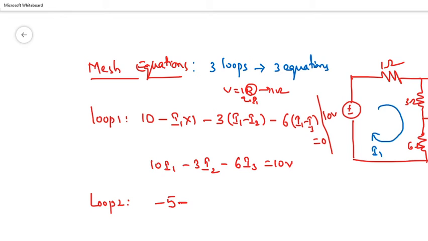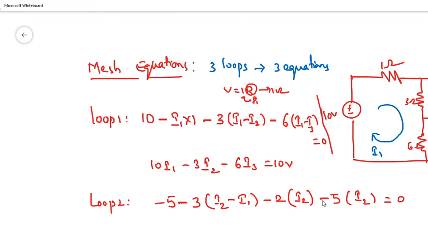So first I am going to write 3 ohms. So we are considering the loop 2. So first we need to consider current is I2. So 2 currents are passes through the 3 ohms resistor, that is I2 minus I1 minus 2 into, again that is having only one current, that is I2, minus 5 into, that is also having only one current, that is I2, equals to 0. So you can simplify this one, that is minus 3I1 plus 10I2 equals to minus 5 volts you will get. So what is a loop 3 equation?